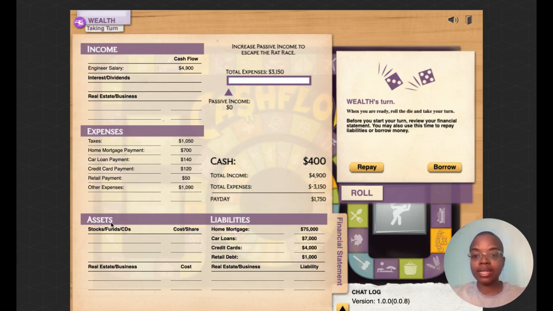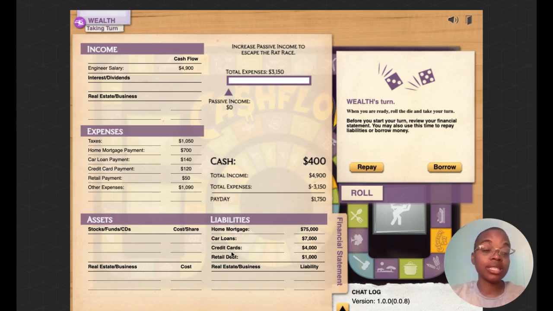There's also assets. These are different types of wealth building tools. There's stocks. There's CDs, which are certificates of deposit, and then of course real estate is a big asset as well. Now, mind you, this game was created in the 1990s, so a lot of the way they calculate the finances around stocks and real estate is based on what the market value of those things was at that time. So it's about 30 or so years outdated, but it's still a good tool to understand and build out that practice.